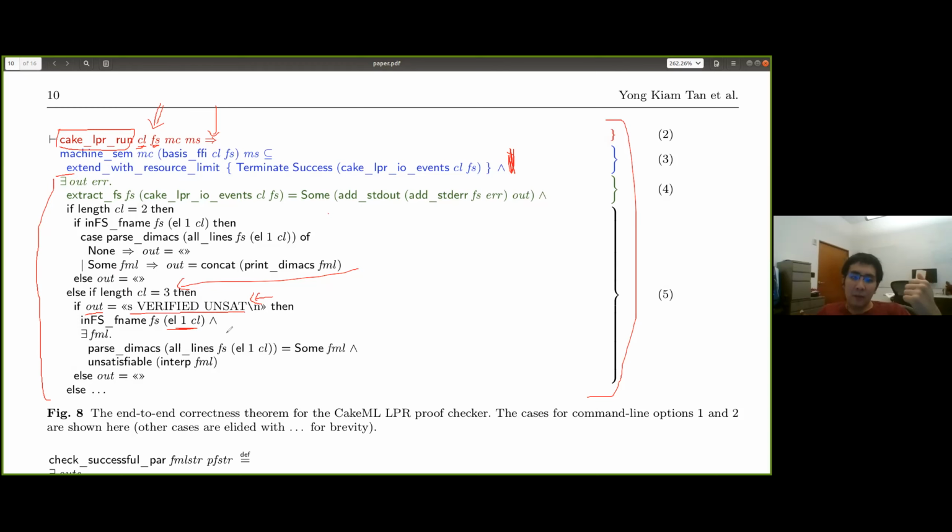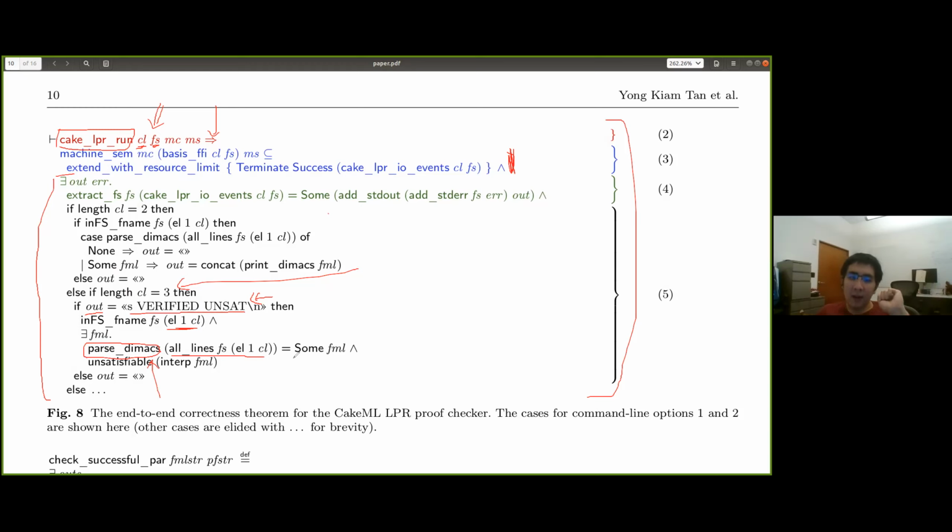Furthermore, if you read that file and parse it with our definition of parse DIMACS, which is one thing that you would have to trust, that we parse correctly what we claim to be the DIMACS format,